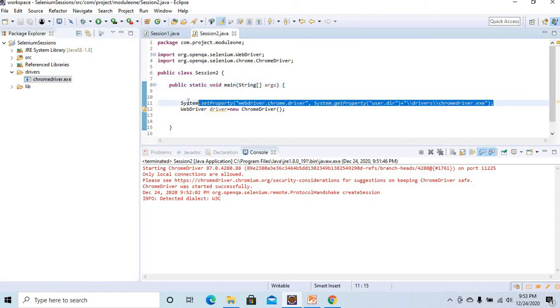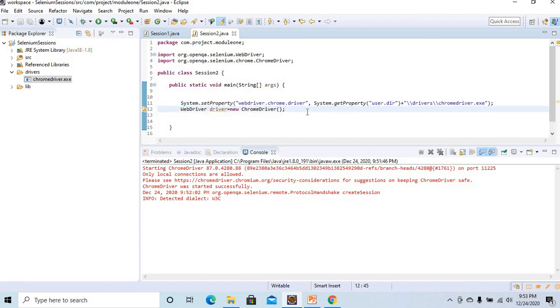Now if you give this code and the project to anybody, the path will work, because this command will relatively bring their own Selenium sessions folder location. They may place it in C, D or E, no problem for us. Let me run again.